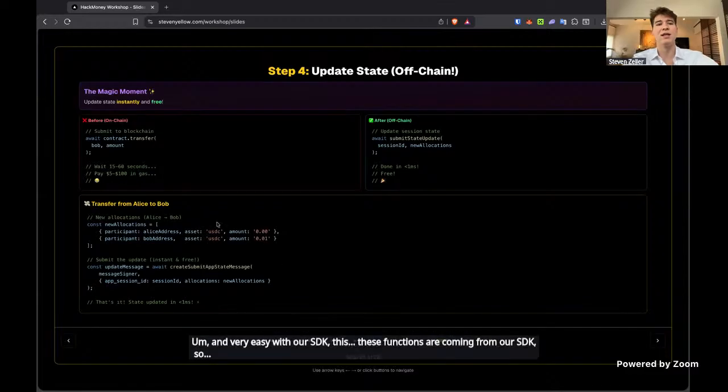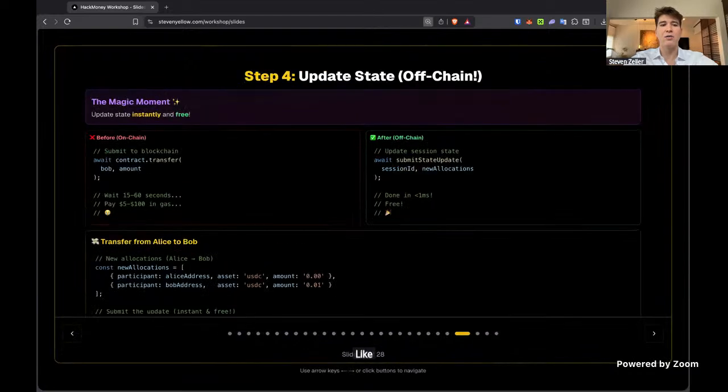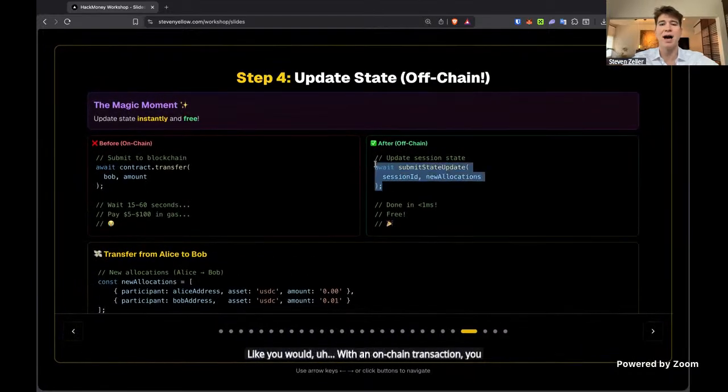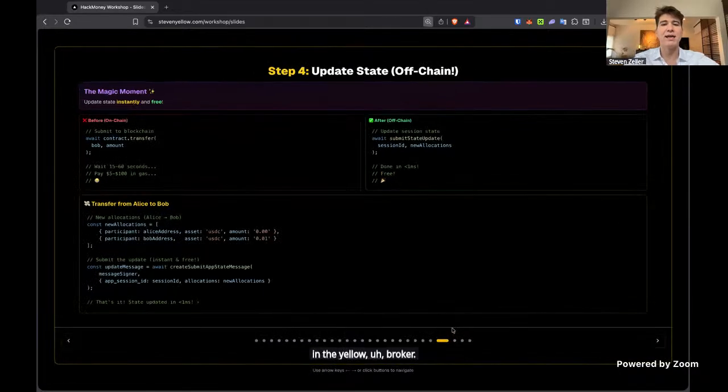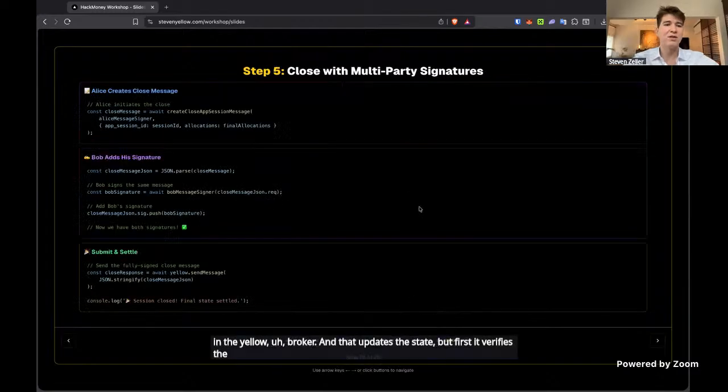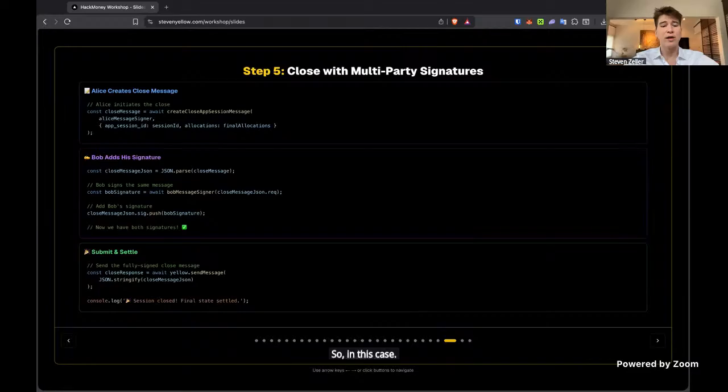So rather than calling a contract on chain like you would with an on-chain transaction, you call a state update in the Yellow broker, and that updates the state. But first, it verifies the signatures. So in this case, when you have multiple parties who are signing, you first have one party sign, and then you need to have the other party sign and attach both signatures, and then send that update to the Yellow broker node, and the state will update.